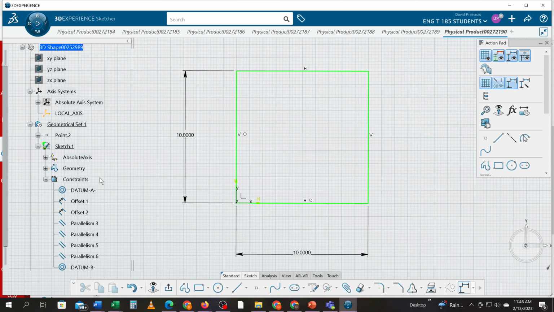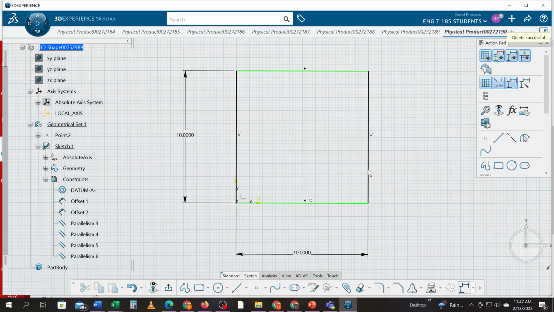Okay, we got a 10 by 10, and I used contact, and that's the more common technique, to contact it to a local axis. And the reason why I contact it is, if I don't contact and I just work on that corner, I might get myself situated where I wanted this line to be the datum, and I won't be able to change it. Okay, so if you wanted to, I could delete this datum